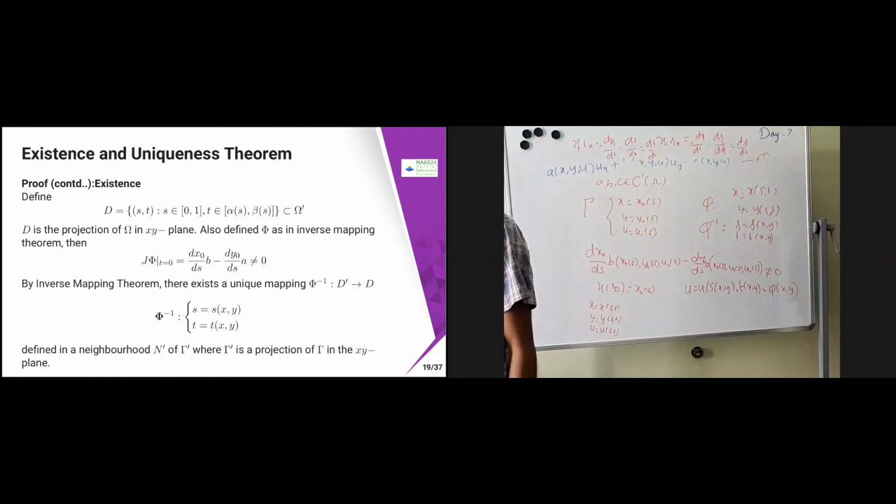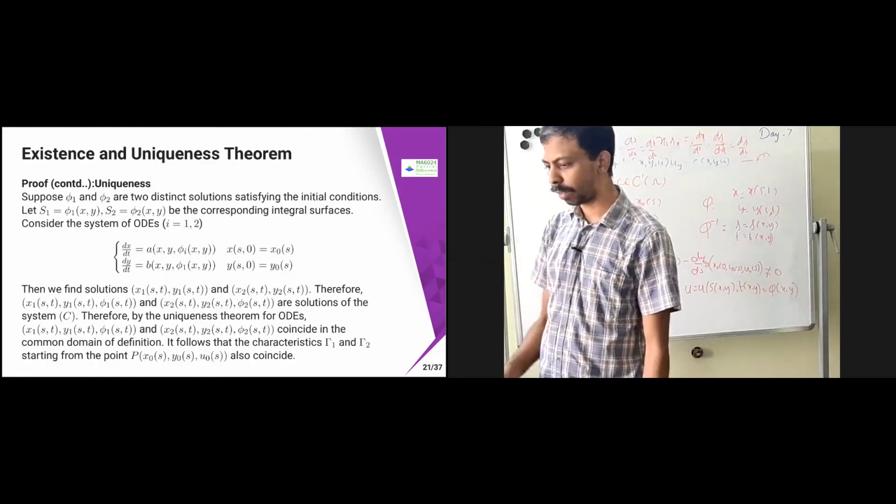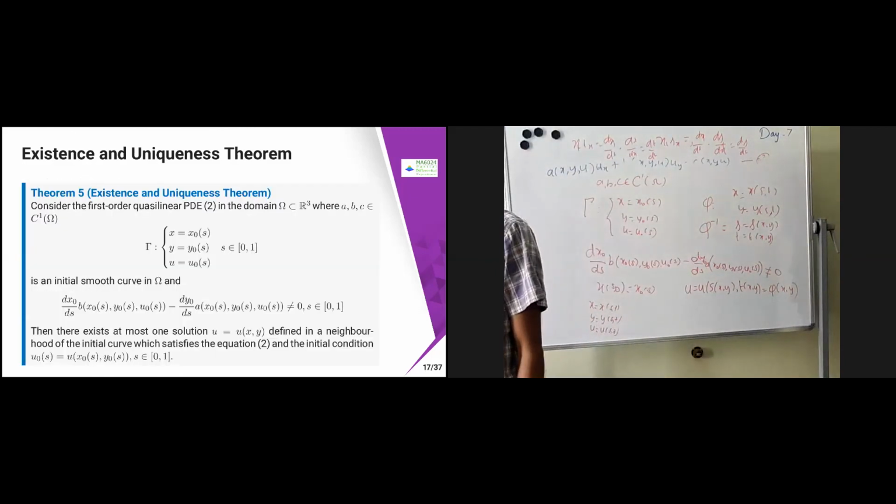Please go through this theorem once again. If you have any doubts, maybe you can ask me in the next class, because we didn't do any magic here. We just defined the mapping and proved the theorem.